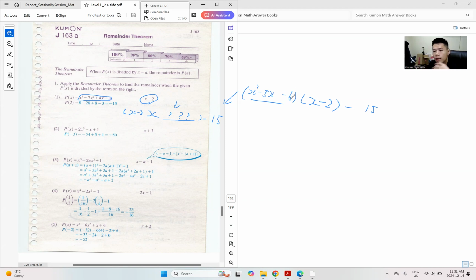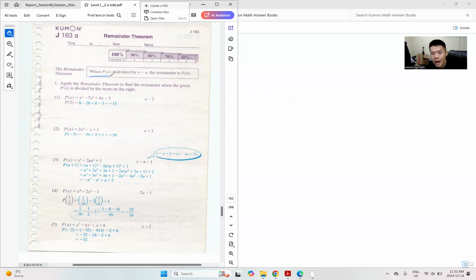Okay. So this is similar to what? Let's say I have 7. 7 is equal to what? 2 times 3 plus 1, right? So in this case, this 2 is this guy here, this 3 is this guy here, and this minus 15 is this guy here. So it's very similar to just the numerical equations. However, the remainder theorem states that when p(x) is divided by x minus a, the remainder is p(a),